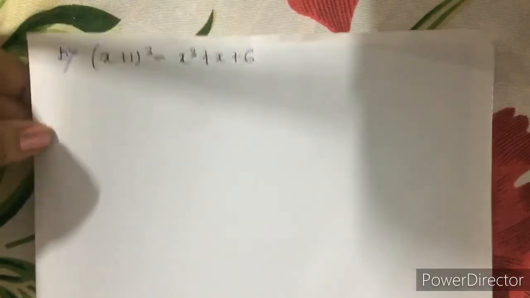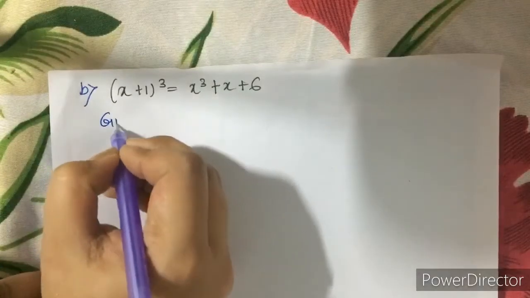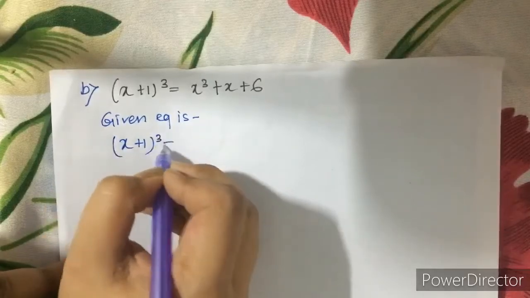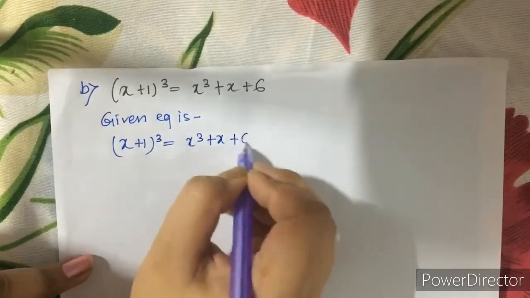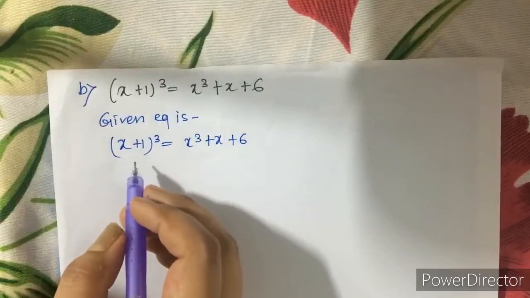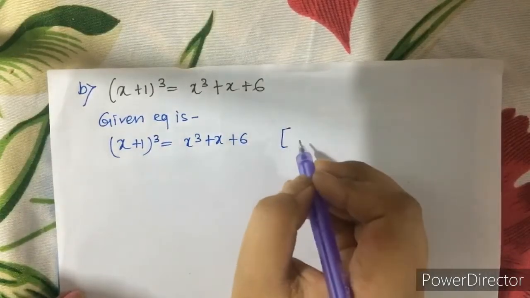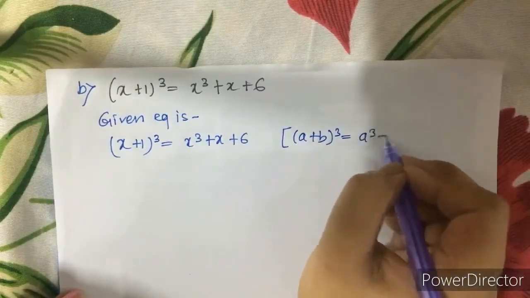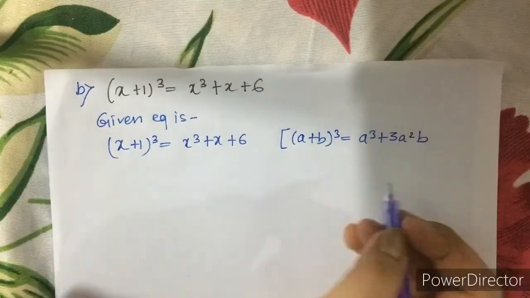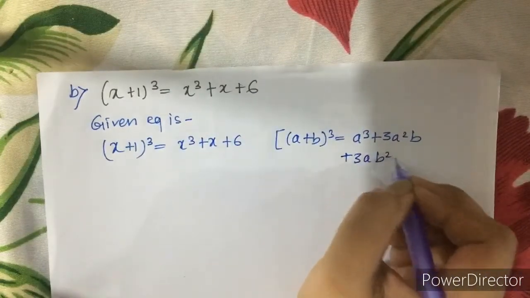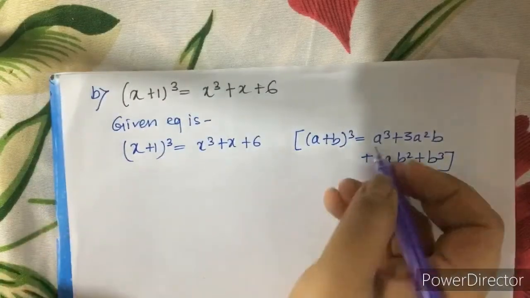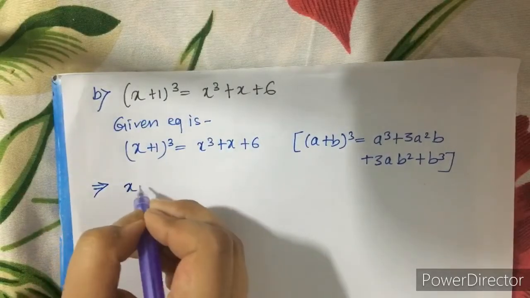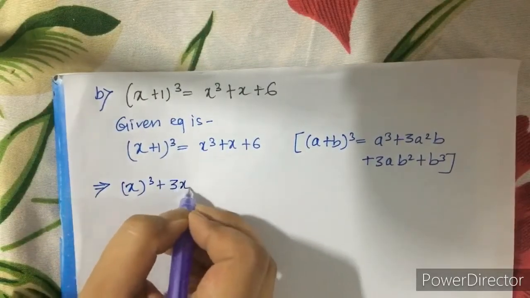Now in the same way we will solve the second equation. First we will write the given equation: x plus 1 whole cube is equal to x cube plus x plus 6. To simplify the LHS, you need to remember the formula we have already studied in standard 9, which is a plus b whole cube is equal to a cube plus 3a square b plus 3ab square plus b cube. So by using this formula we will solve the LHS. Now x cube plus 3x square